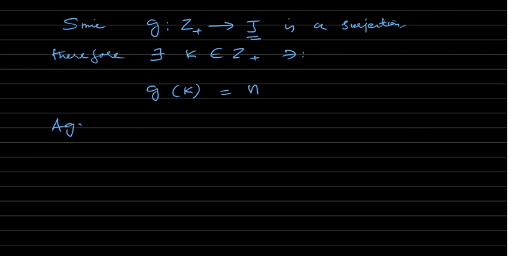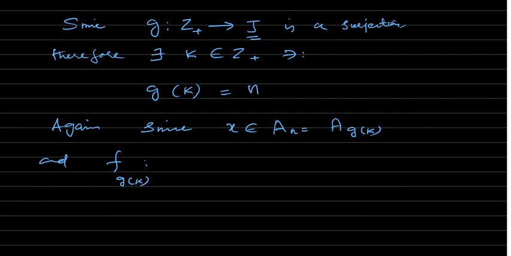Again, since this x is in A_n, which is now equal to A subscript g(k), and f_n from Z plus to A_n is a surjection,